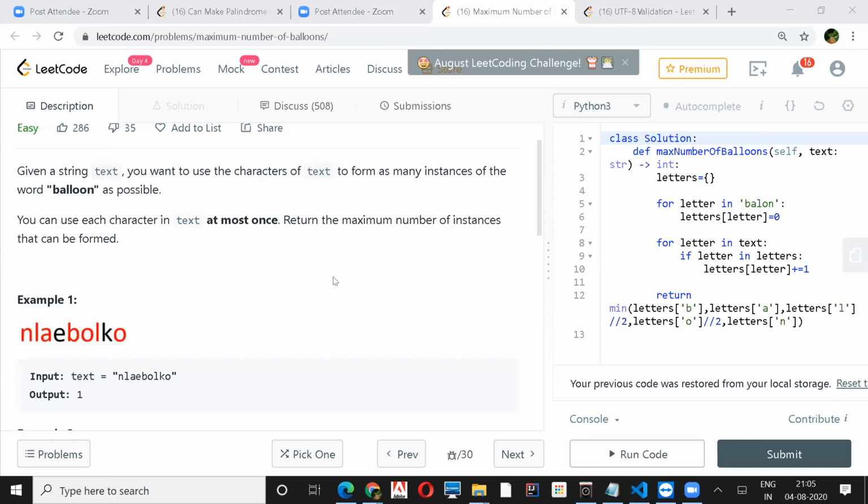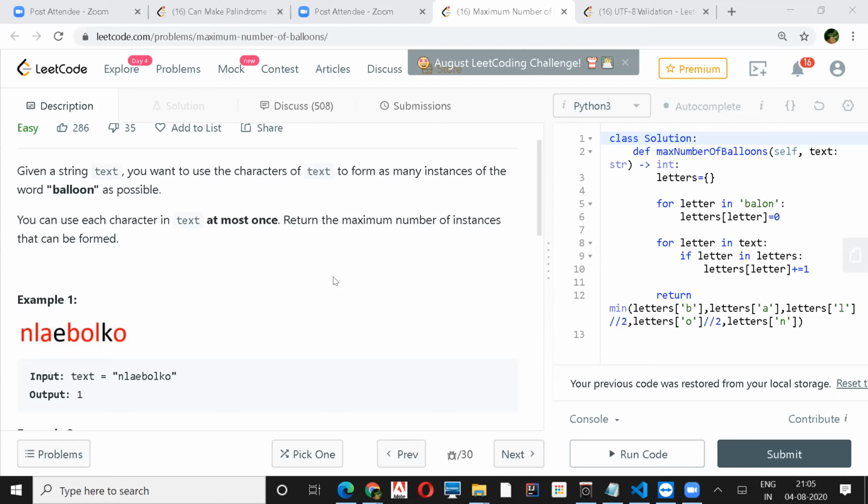I think we need to search for B, then A, then L, L, O, O, N, and every time we find a character, we remove that. And when we reach N, we increment the counter. And again, search for B, A, L. Once we couldn't find the next character we want, we stop. But what happens if we have N first and B last?